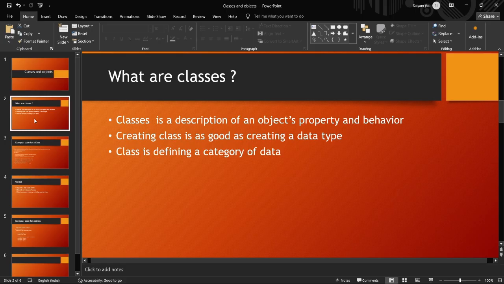क्लासेस जो होते हैं वो एक ब्लूप्रिंट होते हैं फॉर एन ऑब्जेक्ट. Its fields are the attributes and behavior are the methods. We'll talk about it further. Creating a class is as good as creating a data type, and creating a class is defining a category of data. तो जब आप क्लास बनाते हैं सो इट्स एन इक्विवेलेंट ऑफ क्रिएटिंग अ डेटा टाइप. जैसे इंट डेटा टाइप है वैसे ही एक क्लास भी जब आप डिफाइन करते हैं विद एट्रीब्यूट्स एंड मेथड्स